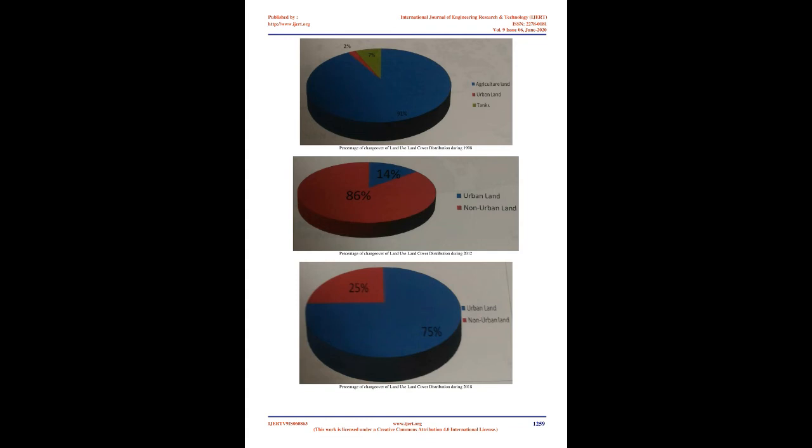During the year 1998, about 2.34031 square kilometers of the study area was comprised of agricultural land, tanks comprised of about 0.175 square kilometers, and urban built-up land comprised of about 0.05069 square kilometers. Conclusion. This study gives a good insight into the Gopala Extension land use land cover changes during